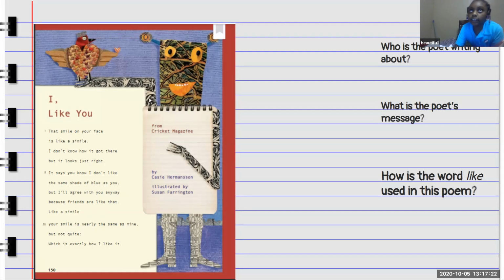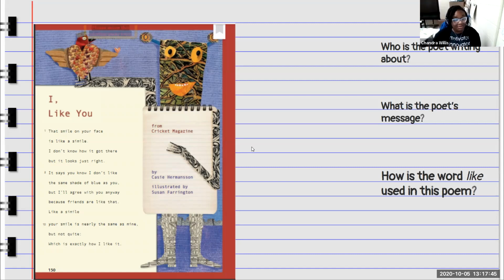It's like saying how it feels about somebody else. Saying how it feels. Yes, very good. I can tell you were paying attention. It is saying how it feels about someone else. Carrielle put in the chat box that it doesn't have any rhyming words. That's correct. It doesn't have any rhyming words. Poems don't have to rhyme. Sometimes they do, but they don't have to.